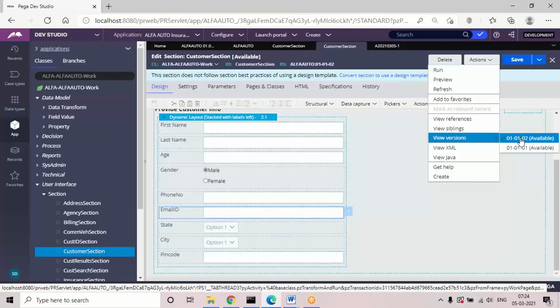The application always picks only the latest version rule, wherever you map that particular rule name. Okay, that is one thing.